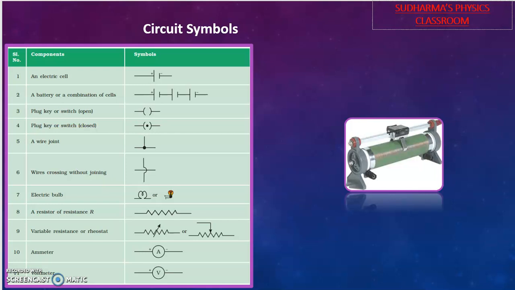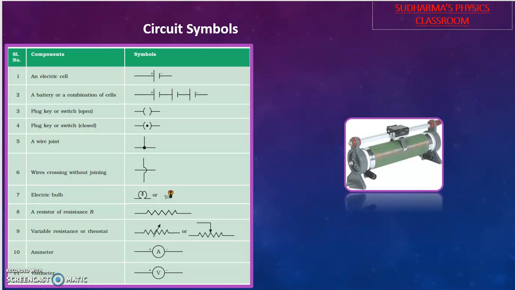We know many devices, many circuit elements, and when we have to draw a circuit diagram, how are we going to draw it, right? You will have a big question mark in front of you because many of us are not experts in drawing, right? But we have a solution for that. We have the circuit symbols. So I'm going to introduce the basic circuit symbols we are going to deal with in this chapter.